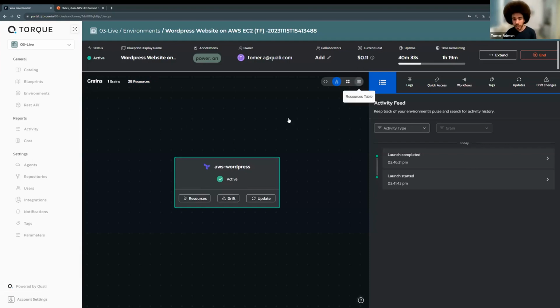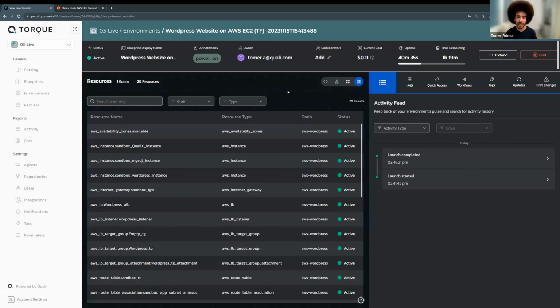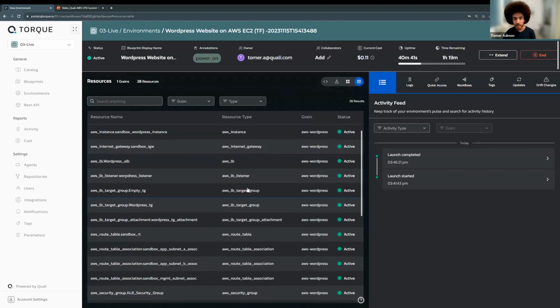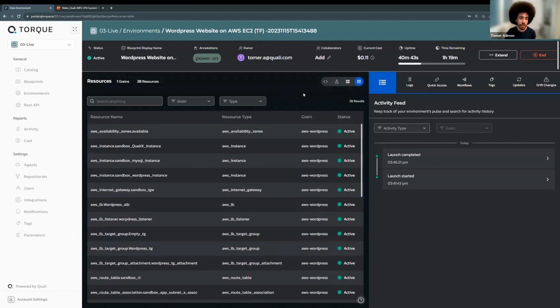It's unlikely that your testers will know what availability zones and gateways and target groups are. What they really need are the VMs or the application itself.